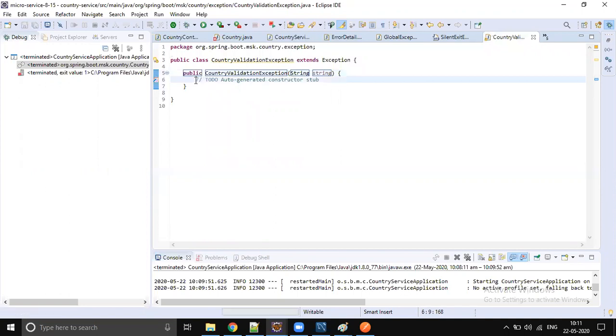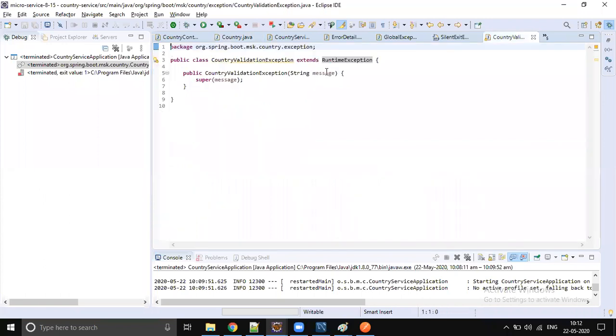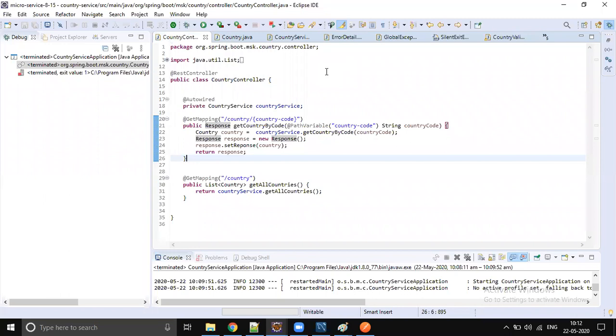Okay, and call super with the message. It's not Exception. It should be RuntimeException. Okay, it should be runtime exception. So we don't throw illegal argument exception. We will throw country validation exception. And then yeah, you just call this method.